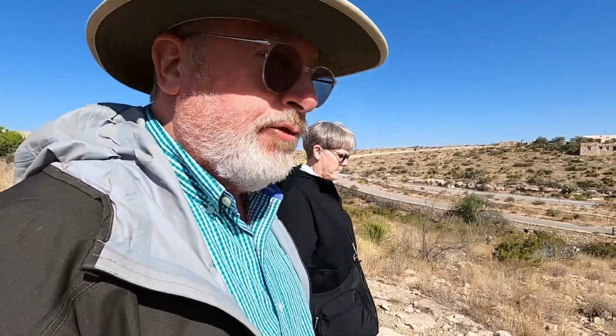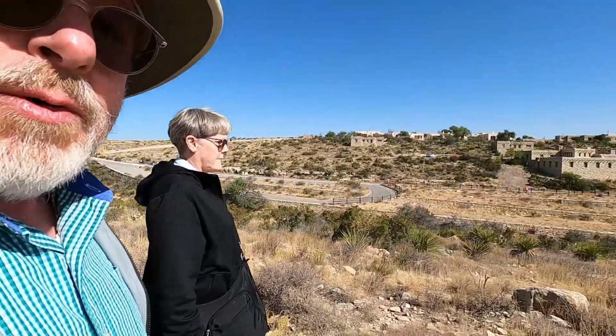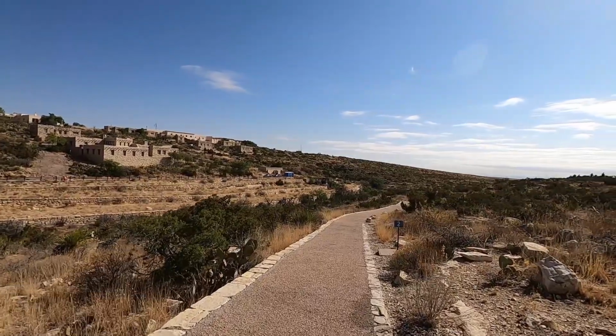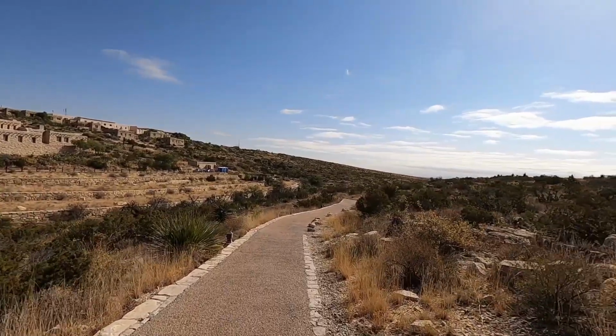We could be sorry. It adds almost an extra mile to the walk, and it's downhill. They say it's a little strenuous. It drops about 80 feet, I guess, but I think we can do it. Gravity's going to get us there one way or the other. So we're going to wind our way down to the main part of the cave through the natural entrance. I just thought we'd see more of the cave, get our steps in, get a little exercise. And this is also the way to the